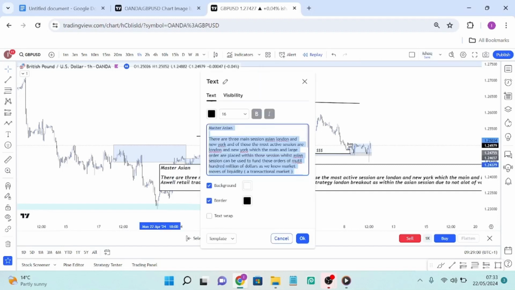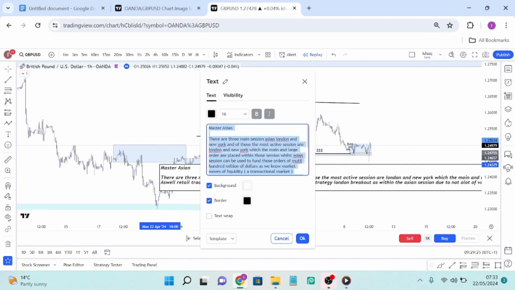Today I want to teach you guys how to master Asian liquidity. In order to master Asian liquidity, as I say in every single video at the start, you've got to understand the fundamentals and why a market may potentially look to target, as well as use the liquidity to fund their own desires.